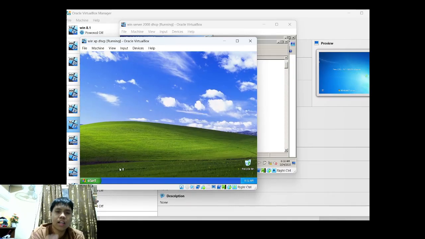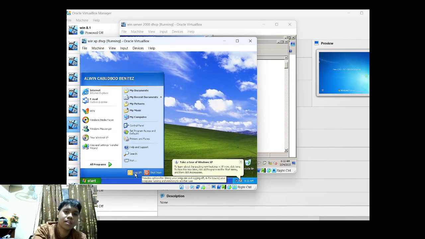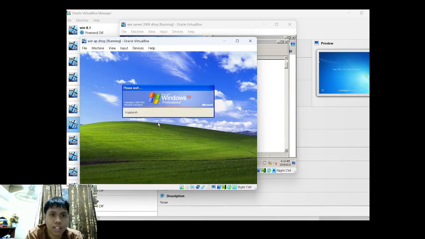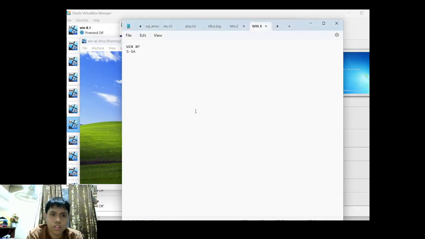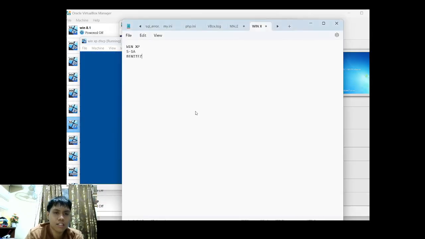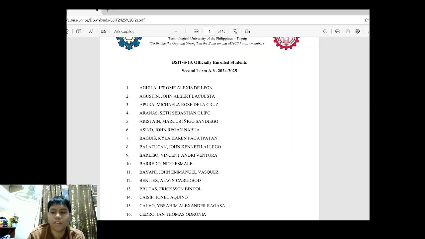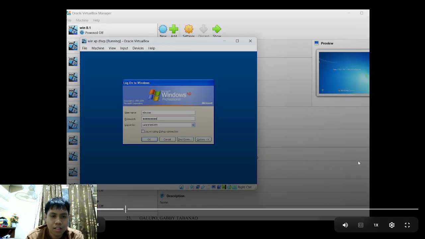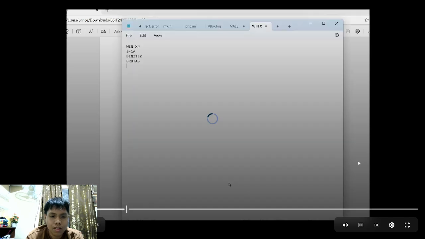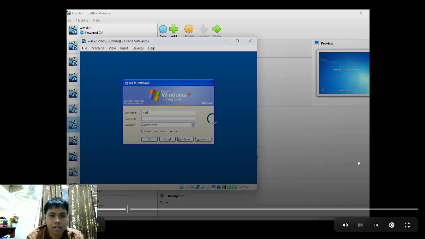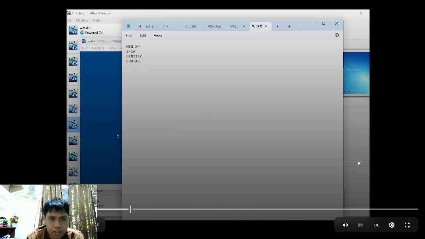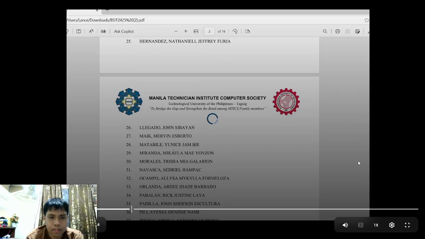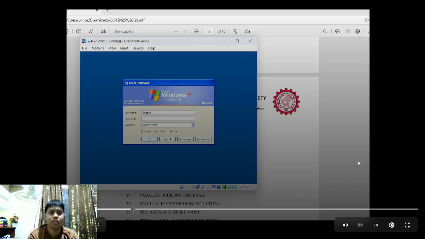You can log in every account in the user here in the Windows 2008 DHCP. You can all log in, and we need to pick 5, and I just keep it because it's all the same. We just try it all. It's so hard, but it's just the same, we just need to pick.